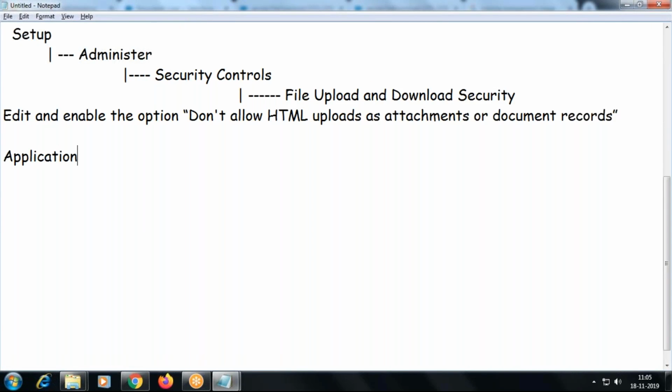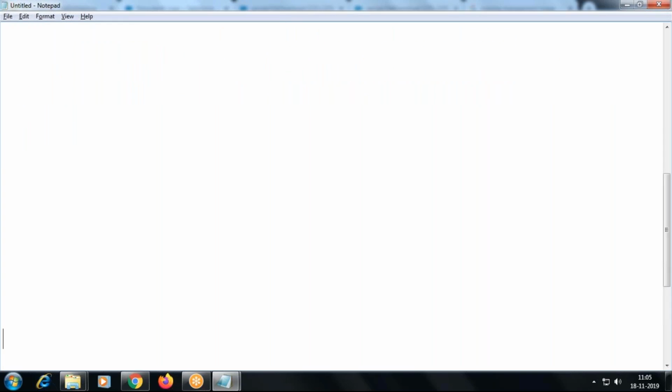We'll move on to what an application is. We already discussed this. What is an application in general? A group of tabs.